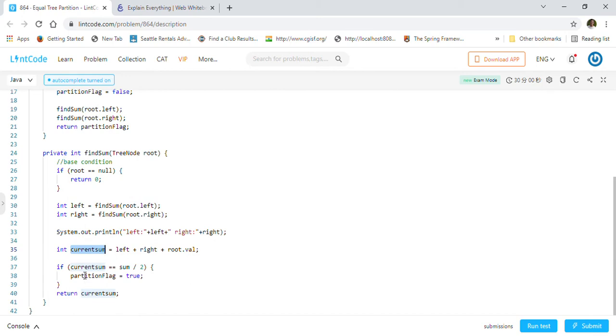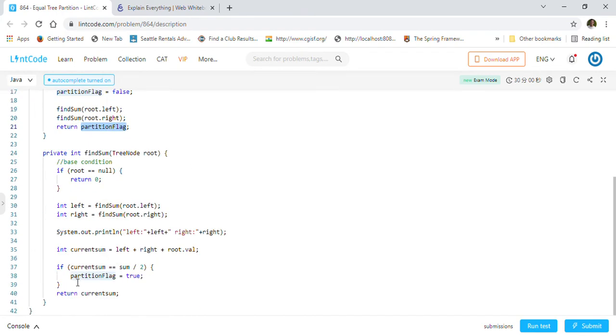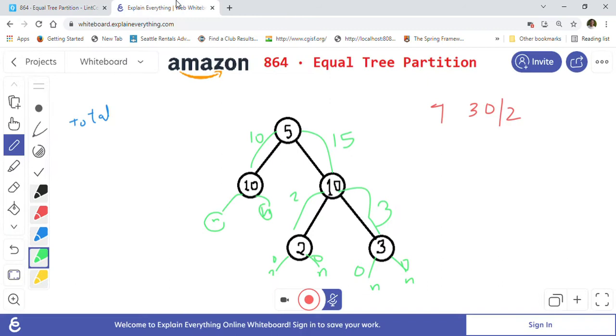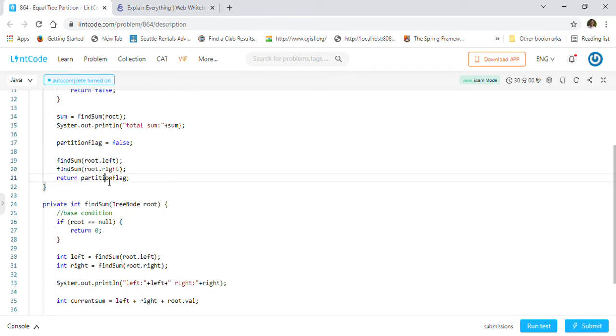Whenever we find our current sum equal to our total sum divided by 2, we will set partition flag equal to true here. As you can see, partition flag is outside, in the beginning it is false. So if it finds an equally partitioned tree, which is equal to total sum divided by 2, then it sets partition flag to true, and at the end we return the partition flag.